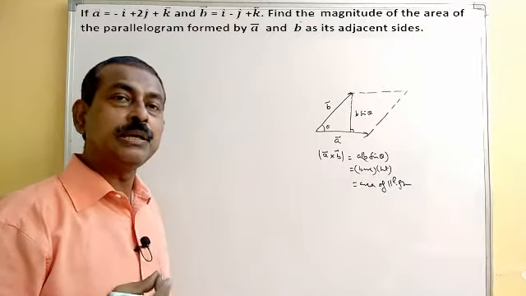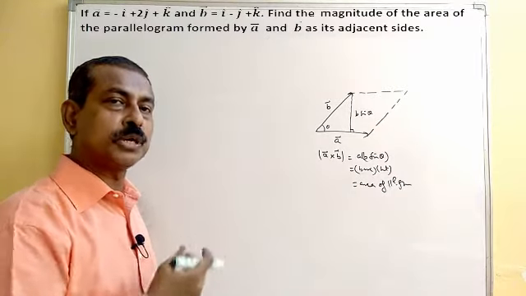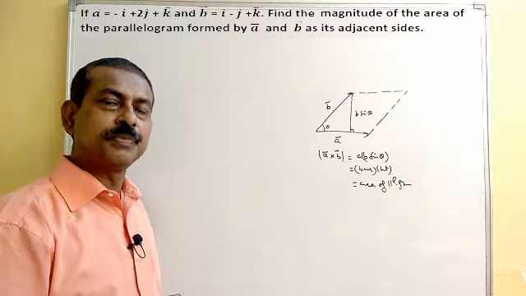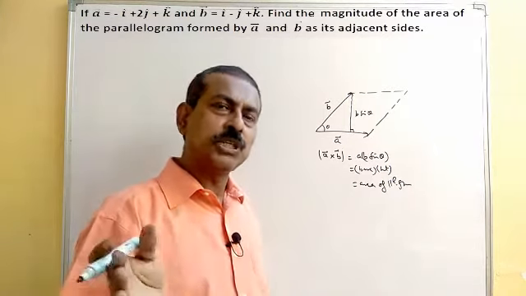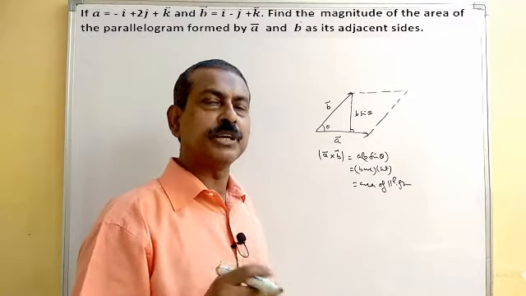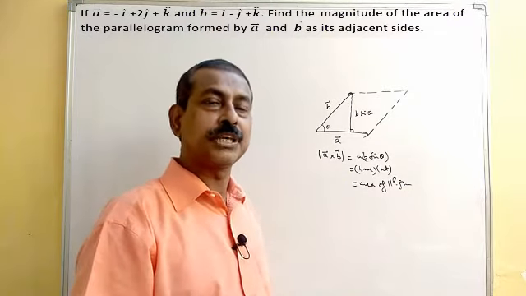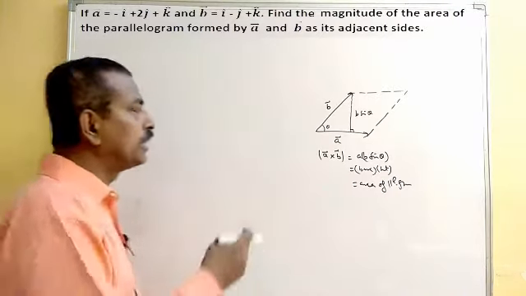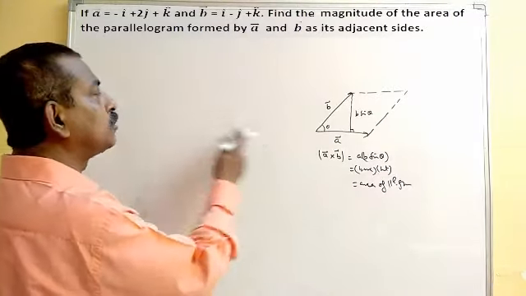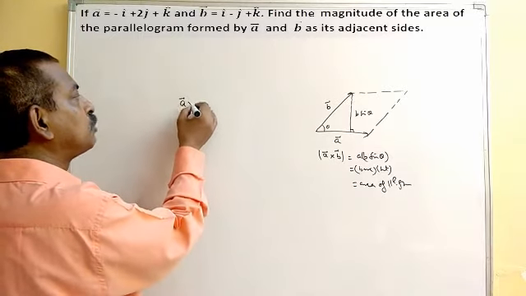This is basically one of the applications of the cross product of vectors. You must have seen it in the cross product of vectors; just revise the application of the cross product and the application of the dot product of vectors. You will get all these things there. So here, if I have to find the area of the parallelogram, I have to simply take the